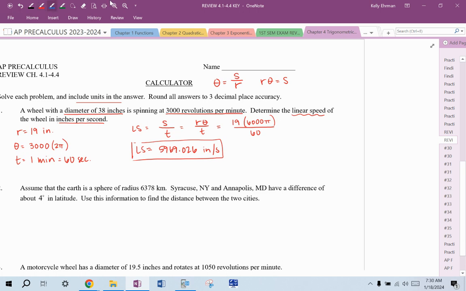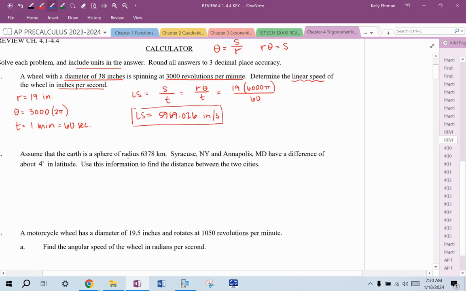For the second one, it says, assume that the Earth is a sphere with a radius 6,378 kilometers. Syracuse, New York, and Annapolis, Maryland have a difference of about 4 degrees in latitude. Use this information to find the distance. Distance on a sphere is the arc length between the two cities. So right now we have this. The two cities are 4 degrees apart. We're trying to find S, and we have a radius of